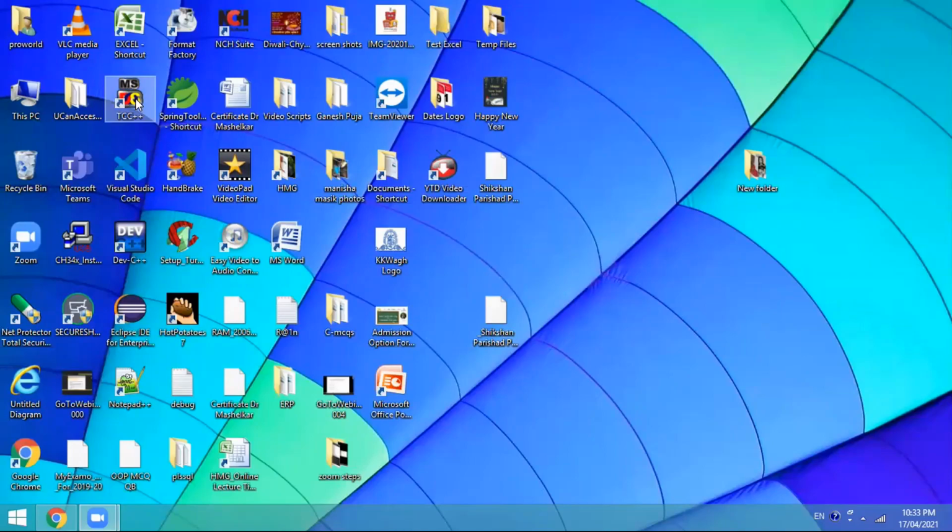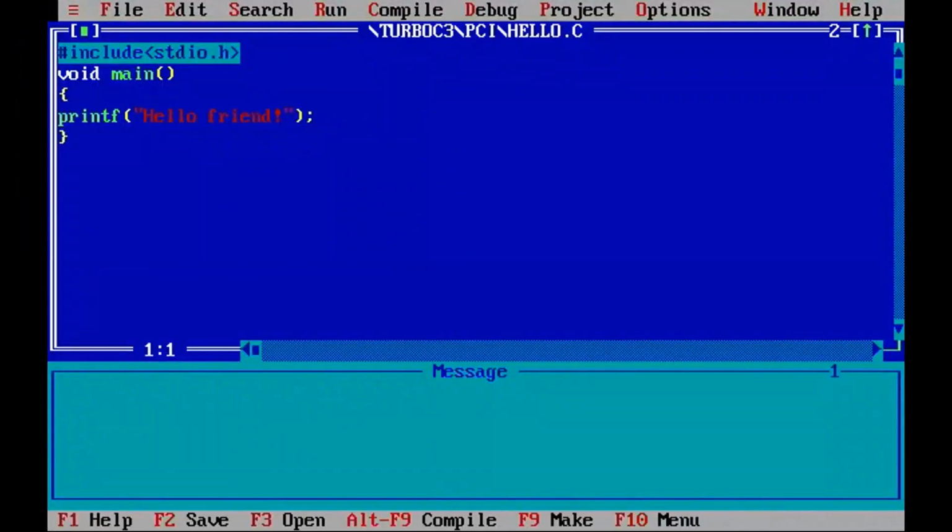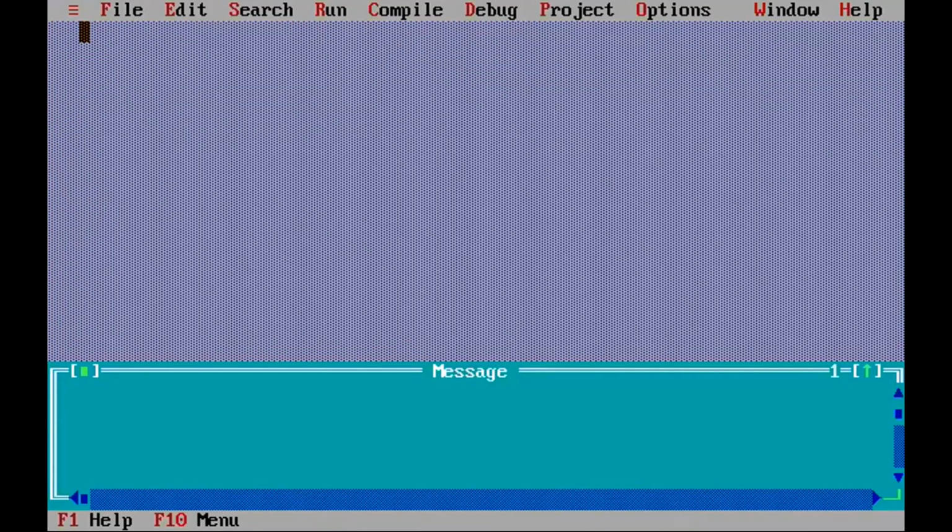In this video you will learn how to use Turbo C, that is TC compiler for C programming. So let us start Turbo C compiler, which is already installed on the Windows operating system. This is how the screen will display. Some default program will open. You can close it using the green square button at the top left corner, that is the close button.